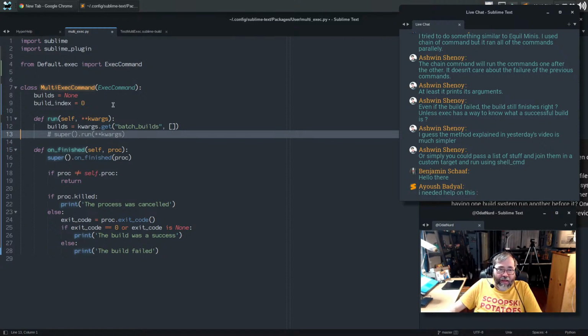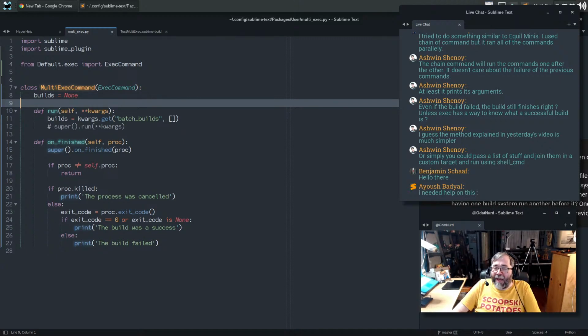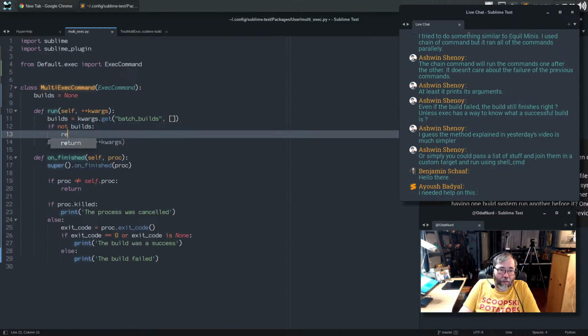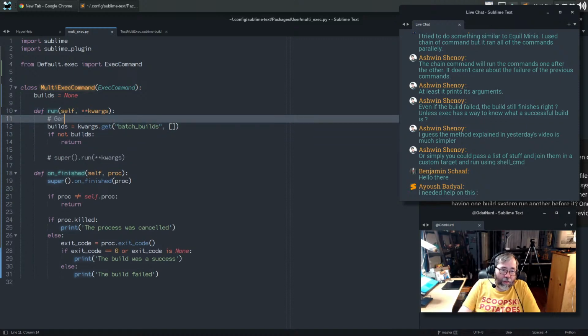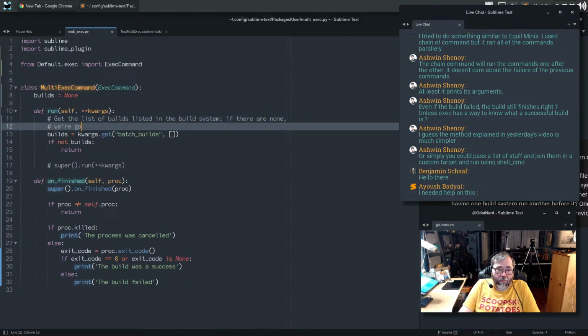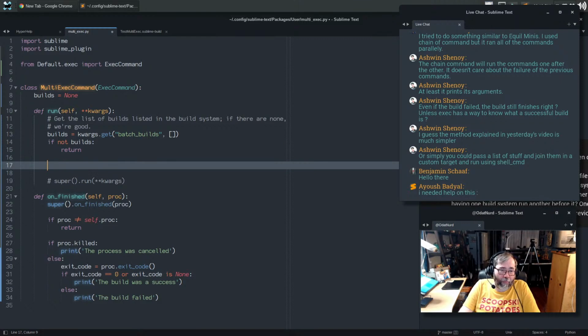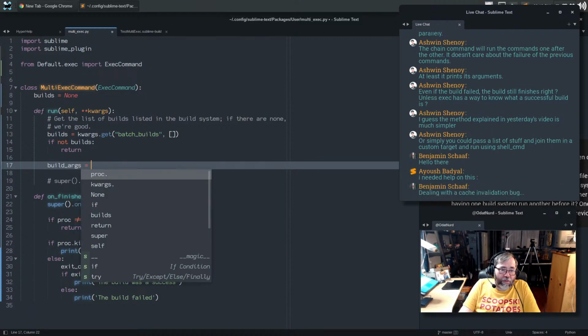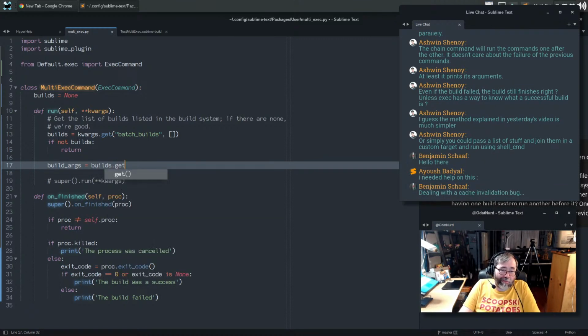I don't think we need a build index here. I think what we want is to get the list of builds listed in the build system. If there are none, we're good. Okay, then we build args is equal to builds dot